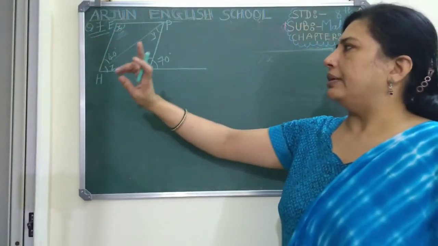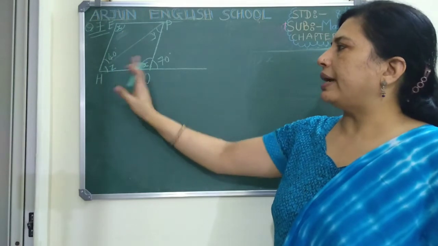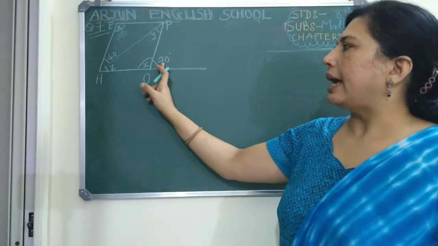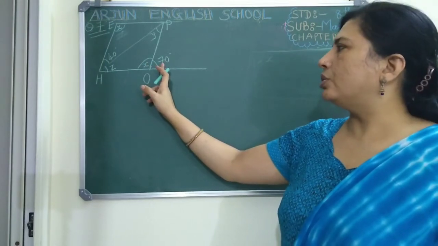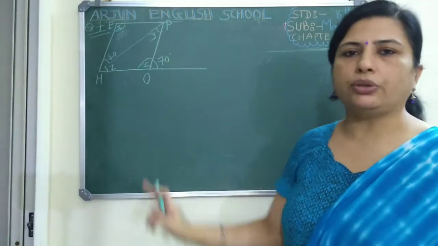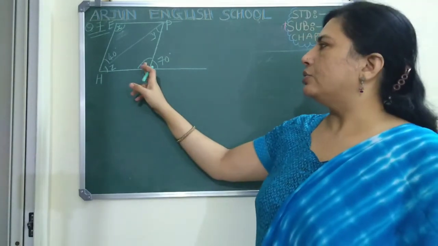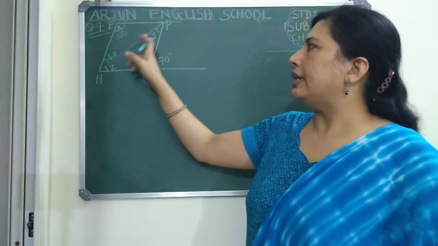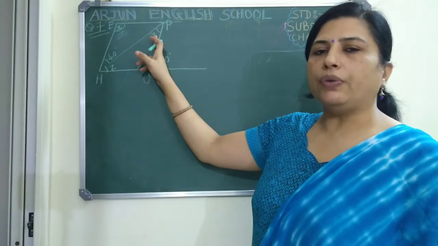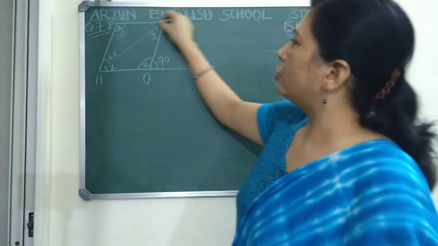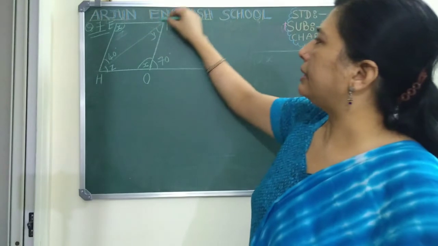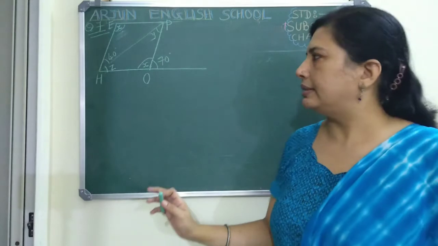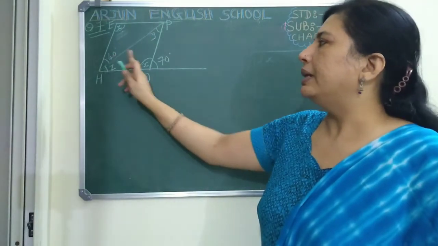In question number 7, we have to find out x, y and z. In this, you can see this exterior angle is 70 degree. So, we can write x plus 70 is equal to 180, linear pair. So, x we can find out first. Then, you can see that 40 and y are equal. Why? Because these are two parallel lines and this is its transversal. So, we can say that they are alternate angles. So, y is equal to 40.